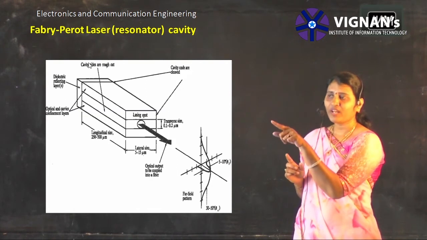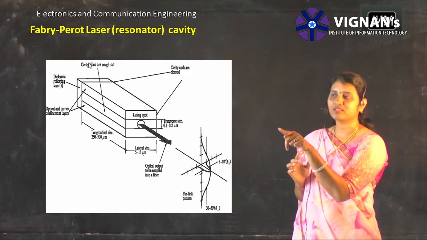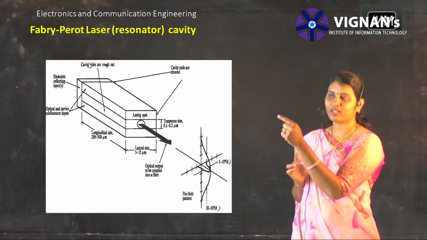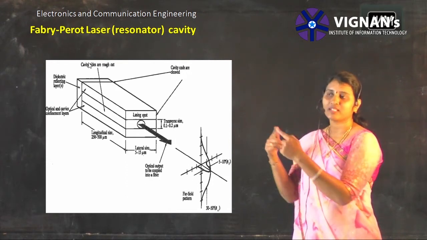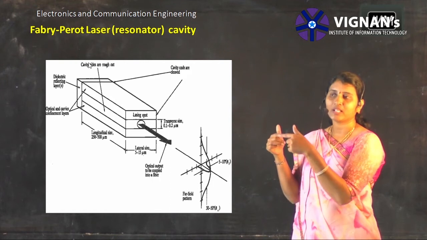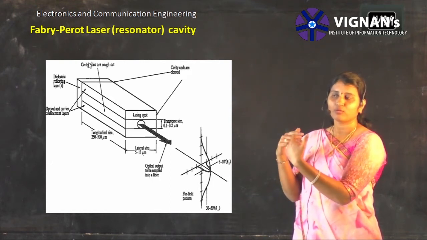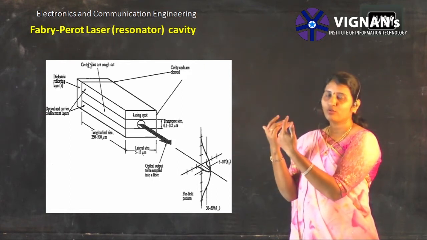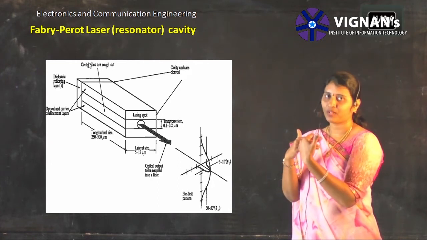So at the active layer of the double heterojunction, we will have a small slit opening through which the light will be coming out. So inside the active region, whenever the recombination happens, they start amplifying themselves and they reach that ending part. Whatever light is coming out, it is okay. Some light may escape into the other region, right? So we need to take that light back to the output.